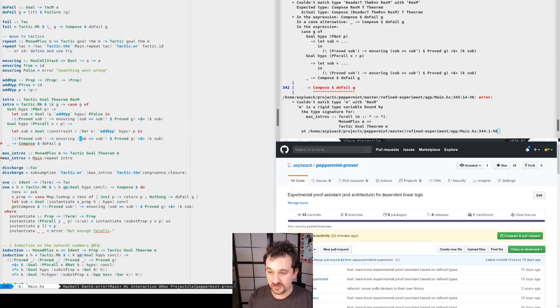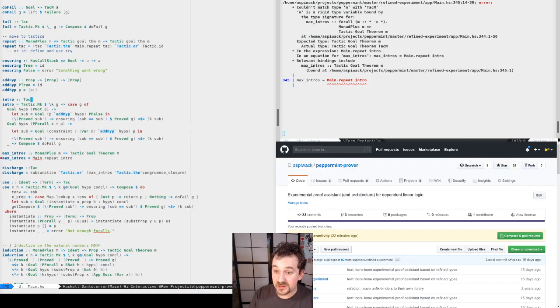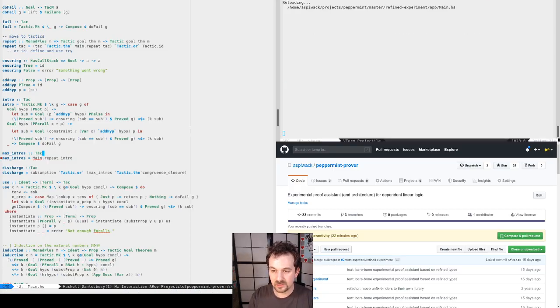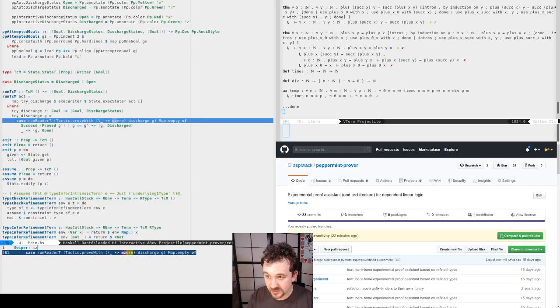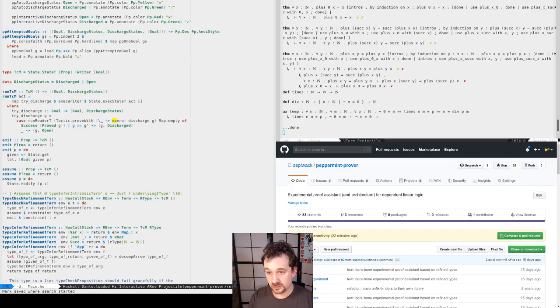In this tachem, but I guess I just need to say there's a tack. It's a tacky name. Okay. Again, here, max intros is a tag. It is a tacky name, though. Use already was one. Is there any other M0s? There's another M0. But I think this one is fine.